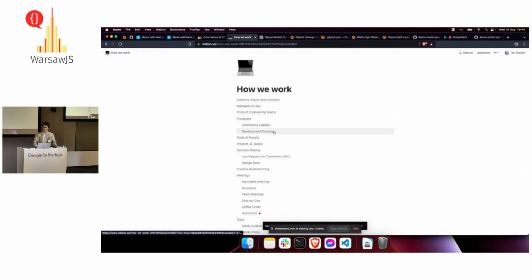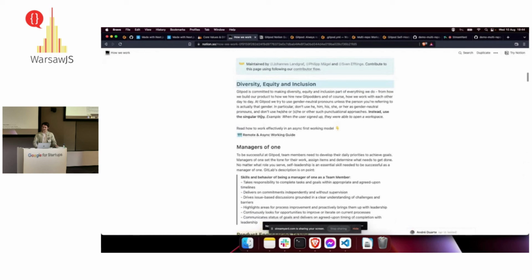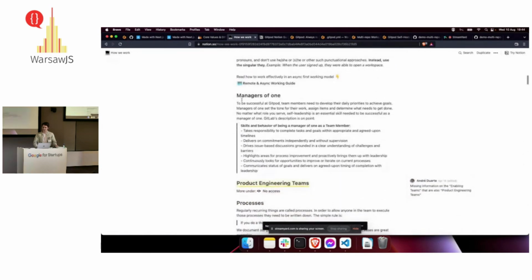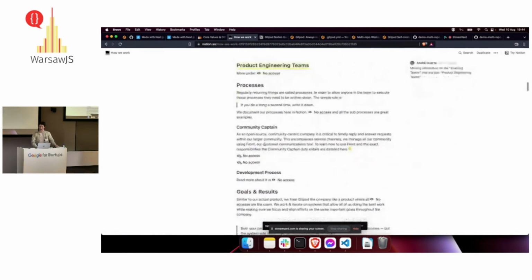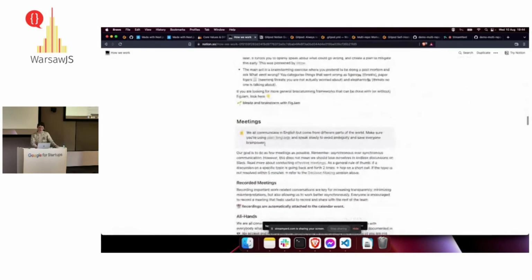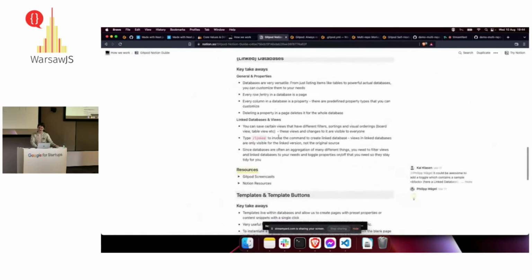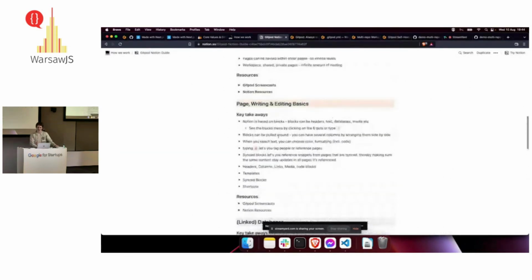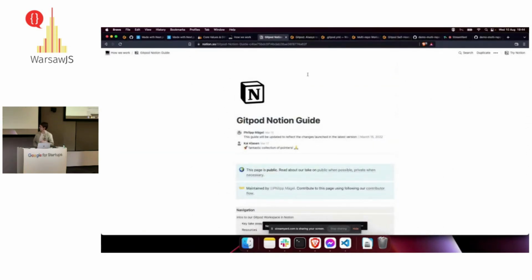They even have all the process management described as an open source document. And I find it pretty cool. Maybe I will post the links to that because that's an extra resource for managing projects and writing docs in Notion. Pretty handy. Okay, so if there are no more questions, then